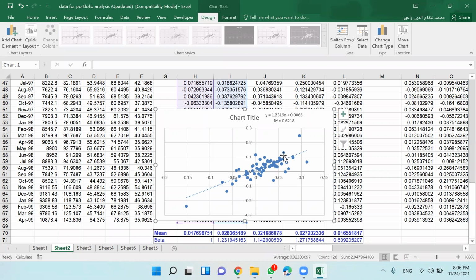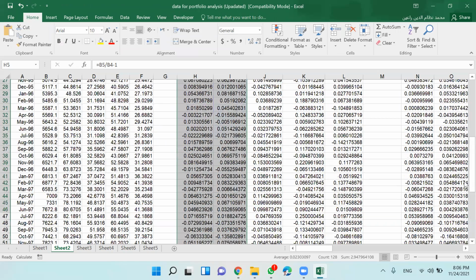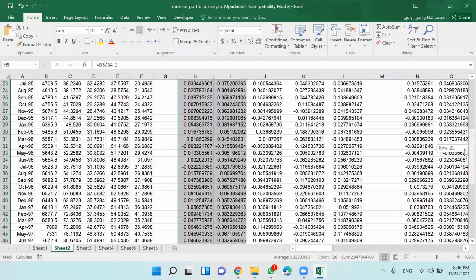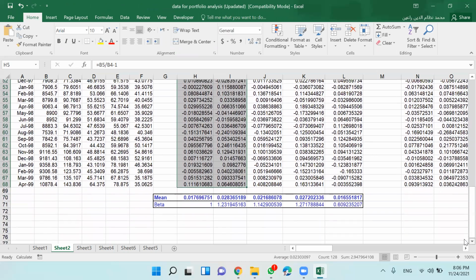But if you want to use Excel, yes, in Excel you can run regression and estimate. So let me remove that, and you should know how you fit this line.